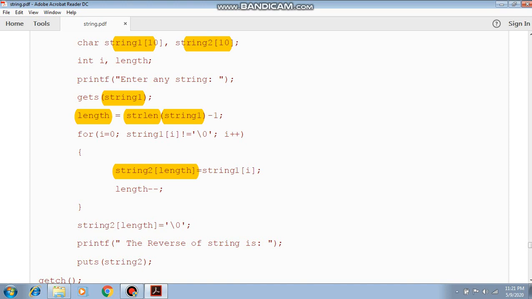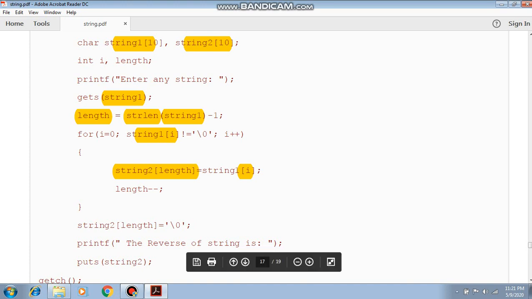String 2 at length, where the value of length is n minus 1, so we take the value from n minus 1. On string 2 at n minus 1, the value put is the value at position 0 of string 1. Whatever the value at position 0 of string 1, that will be the value at the n minus 1 position of string 2.